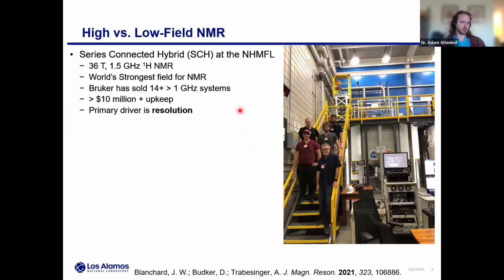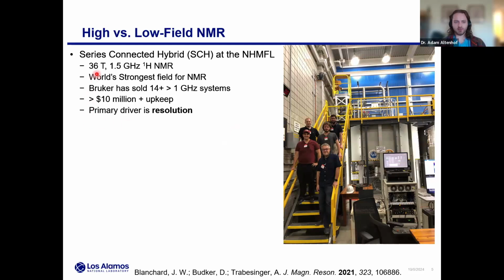Again, we want to use something like magnetic resonance. I think it's worth looking at the state of the art of high field, what the field looks like, and also a brief background on myself. This is me pictured in Rob Schurko's group, my PhD advisor. Here we are at the Tallahassee Magnet Lab, shortly after we moved to Florida, pictured in front of their flagship instrument, the Series Connected Hybrid.